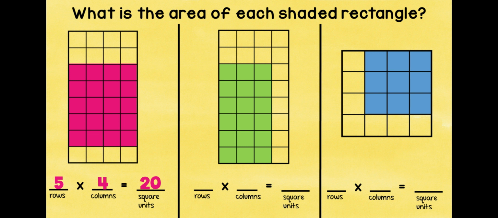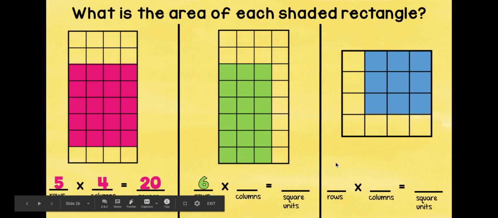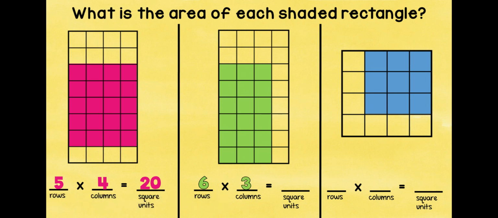For the green in the middle, we had 1, 2, 3, 4, 5, 6 rows, and we had 3 columns. There's 3 in each row. So 6 times 3 gets you the answer of 18 square units, or you could have counted out the squares